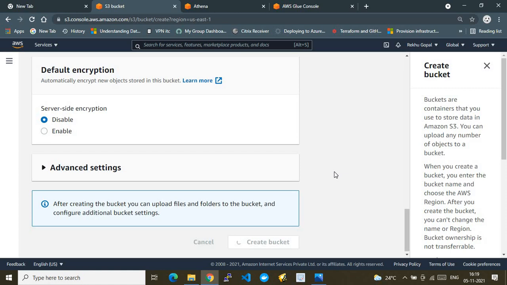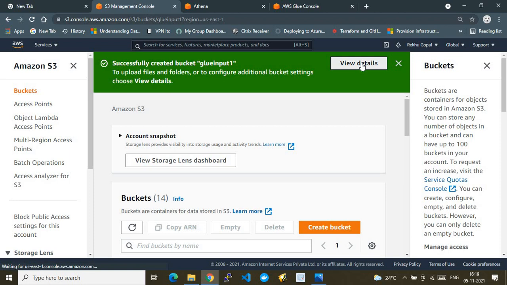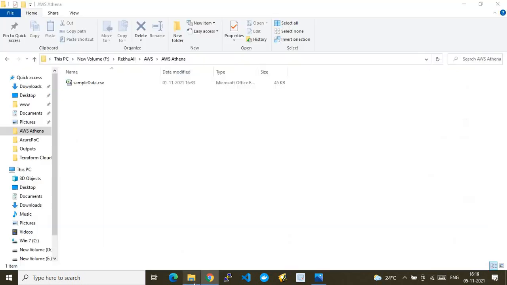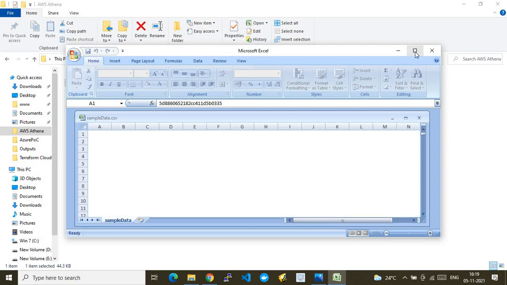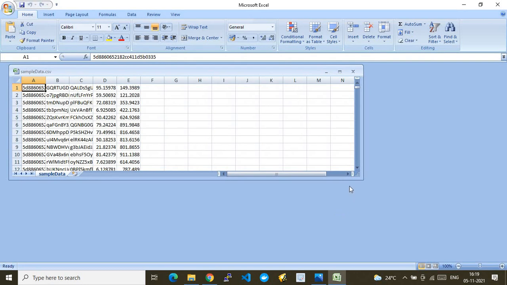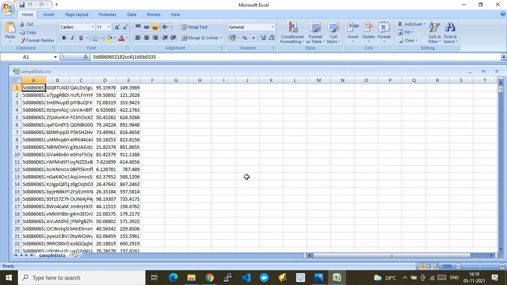In this bucket, I will be placing my raw file. Let me show you an example raw file. This is the sample data raw file, which I also used in my previous video. It is the same file I will use, and it contains around 500 rows of data. We will store this file in the S3 bucket, and from there we will create a Glue crawler which will extract this data and create a dynamic database in the AWS Athena service. So this is how this file looks.